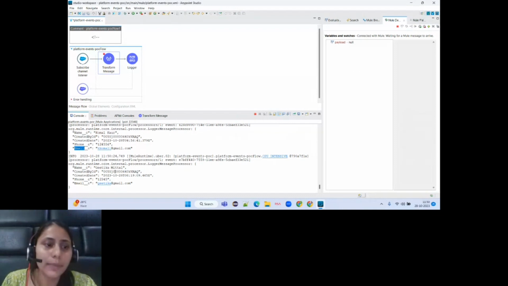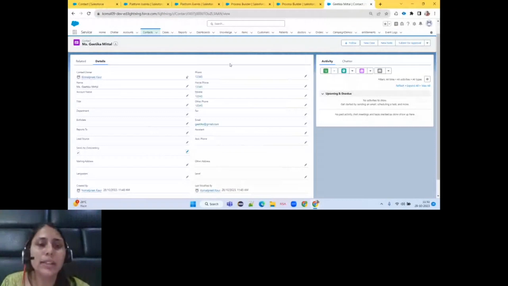So this is how we can leverage platform events, and they are very easy to create using the Process Builder.